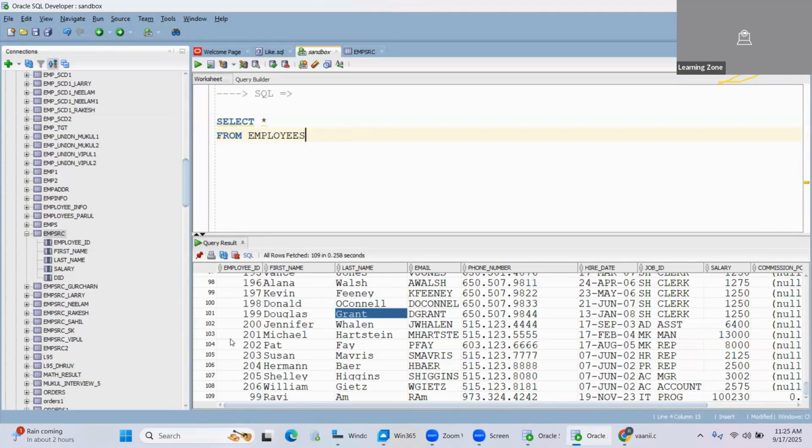So now suppose I don't want to get all the columns, I just want to get only two columns. What are the columns? I want to get their first name and salary. So my question right now is, can you